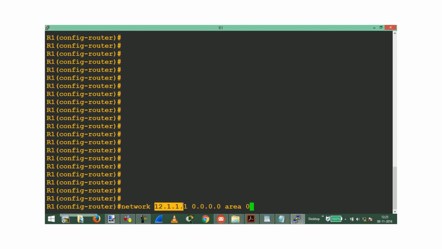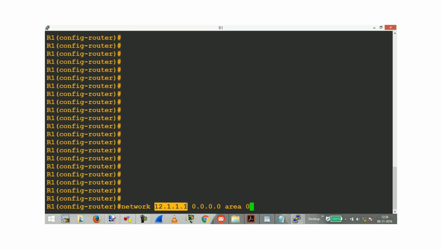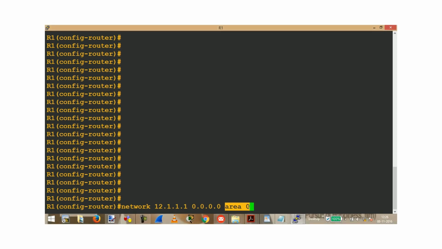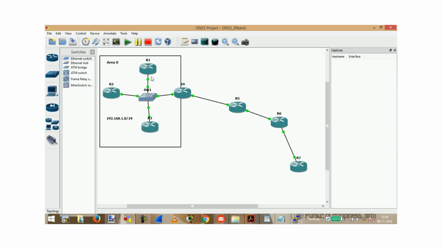So what we are writing is the network command. With the help of the network command, we are enabling OSPF on the interface which has IP address 12.1.1.1 exactly, because the wildcard bits are 0.0.0.0. This means an exact IP address match, and then we are putting that interface inside area 0. So the moment I enter this, OSPF will get enabled on this interface. Now R1,